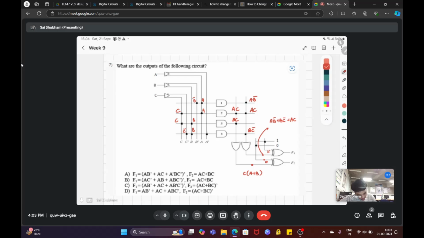Oh, I missed A bar over here. So it should be A bar BC. So it is AB bar plus AC plus A bar BC bar, which we can write as A